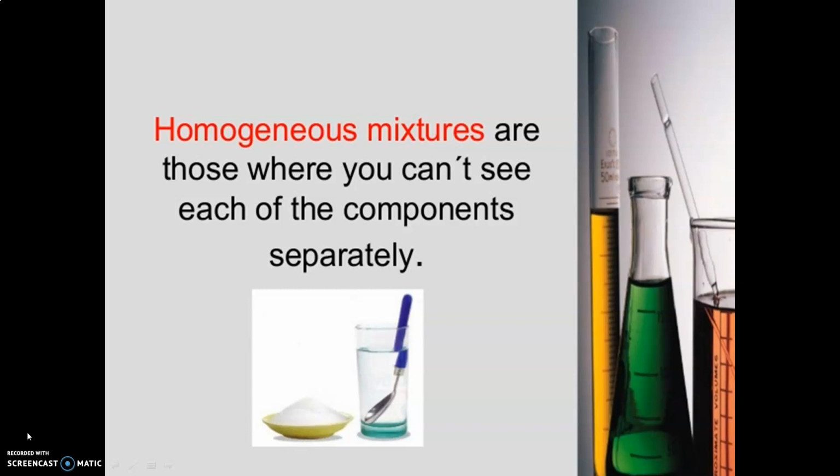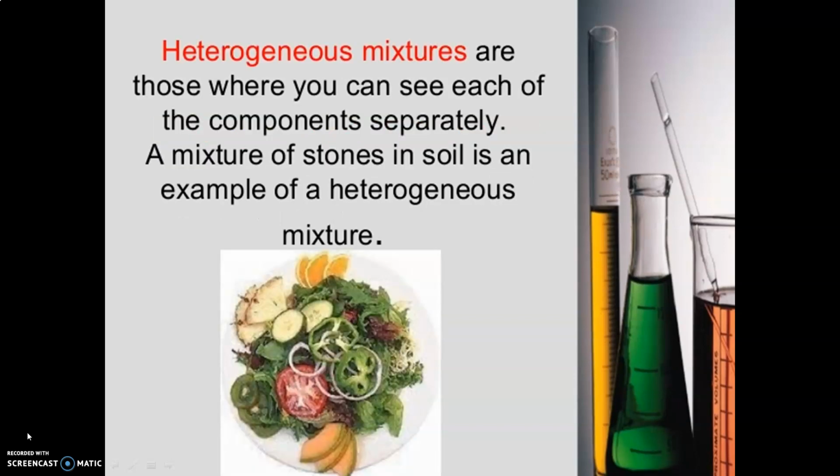Now example can be your salt solution. When you mix salt and water together, you cannot make out which one is salt and which one is water particles. Same thing goes with milk, honey, ice cream, tea. When you make tea, once the tea leaves have started boiling and they get the color, after that you cannot make out which particle is of tea leaf and which one is of milk. It gets uniformly mixed. So such type of mixtures are homogeneous mixture.